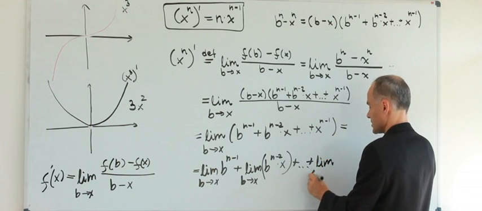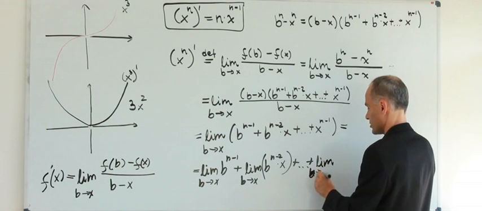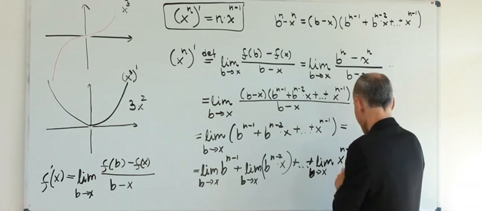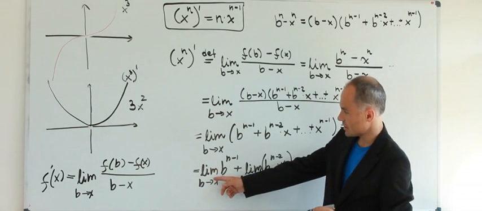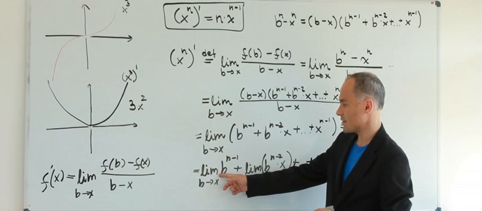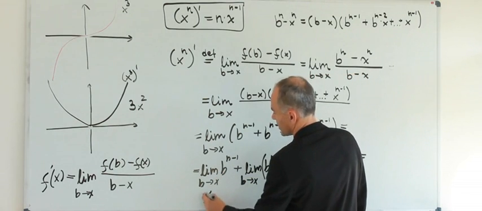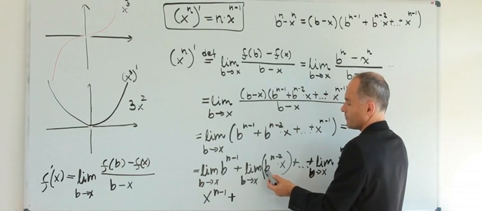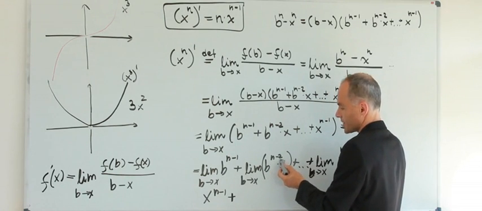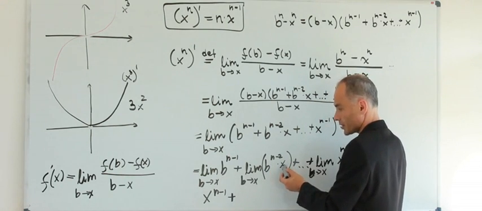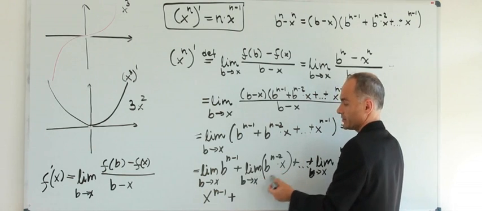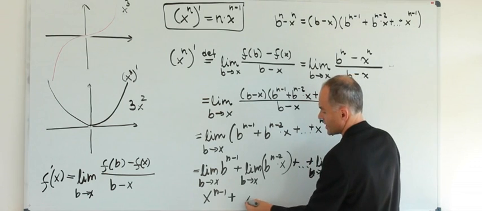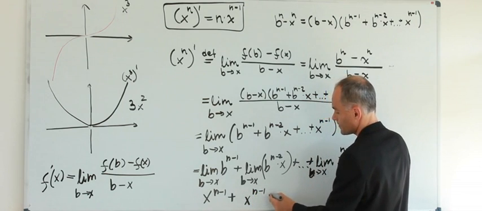And the last limit is the limit as b approaches x of x to the n minus 1. So the first limit, as b approaches x of b to the n minus 1, is x to the n minus 1. The second, b to the n minus 2 times x: here x does not change, so the limit is x to the n minus 2 times x, which is x to the power n minus 1,